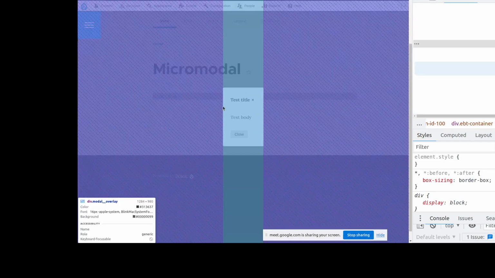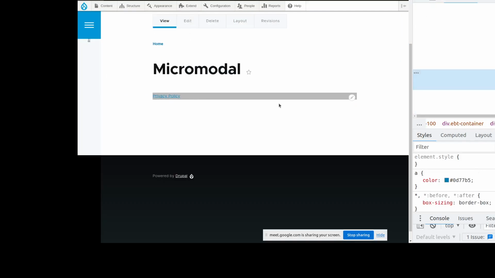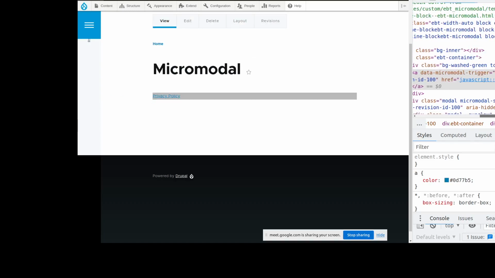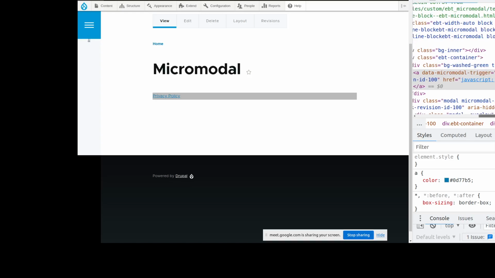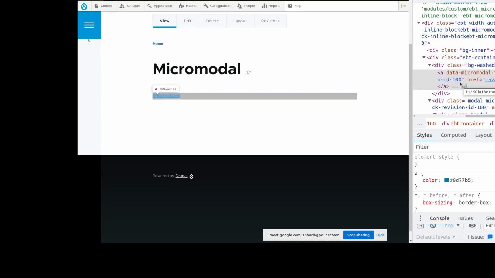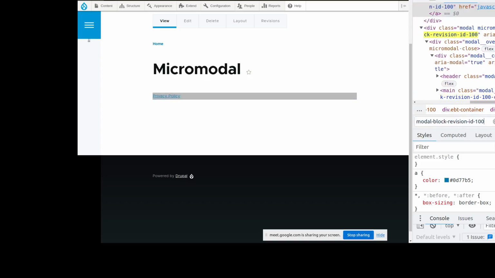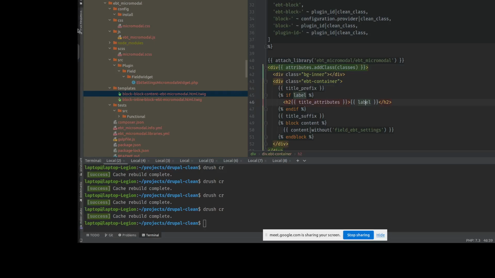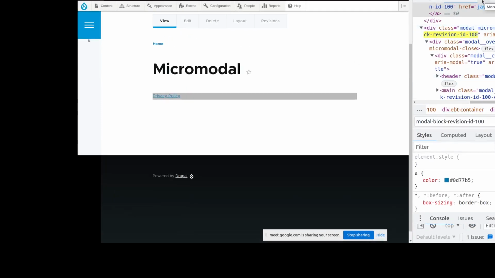So as you see, now we have block revision ID 100. Let's check that we have only one ID for this page. Okay, it's working good, I think. What next we can do here? We need to pass something in JavaScript. We have